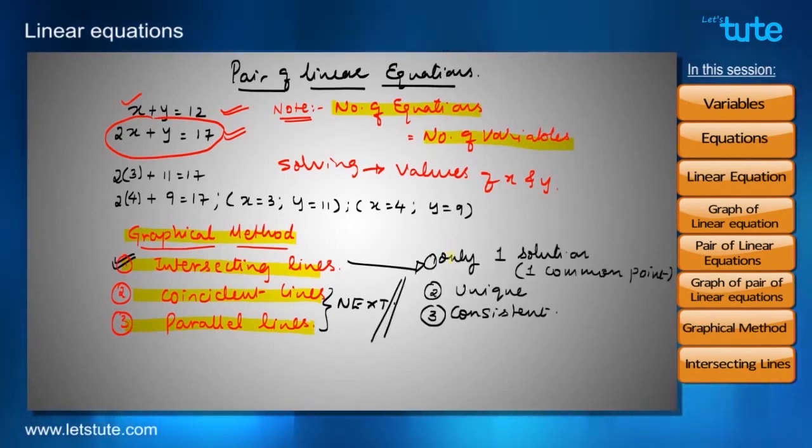So for intersecting lines, we always get only one solution, that is the point of intersection, which is also called the common point. That solution is always unique. And the linear equations for which we get a solution are called consistent linear equations. So in this session we have learned